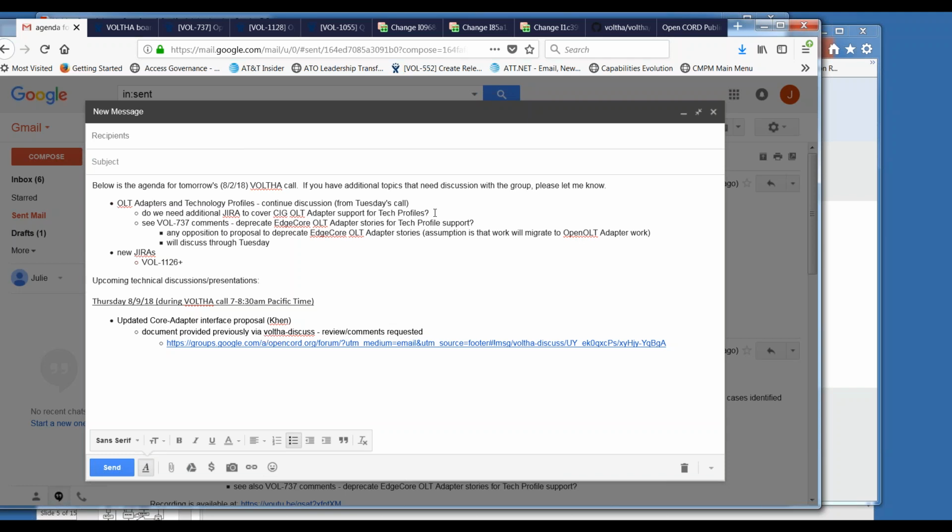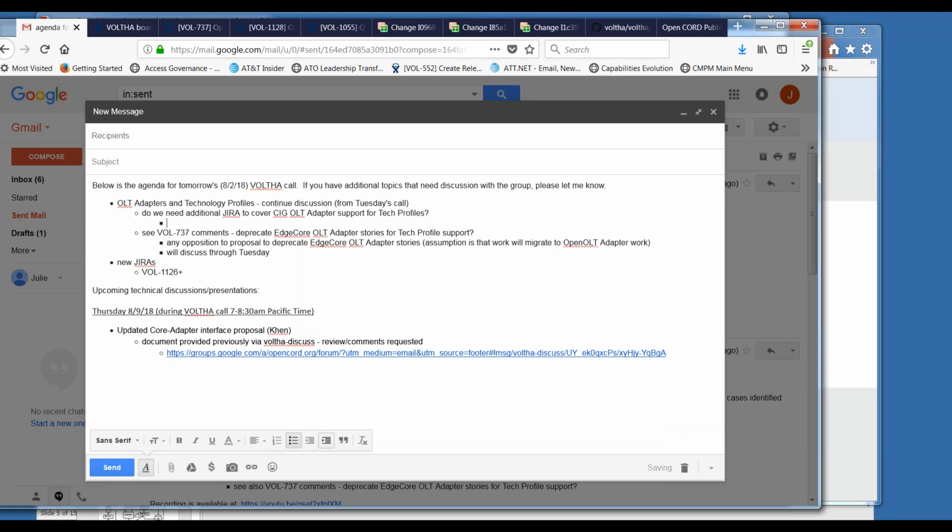I think we can follow the mainstream of the technology profile and the open OLT adapter. So Sean is working on the open OLT to support technology profile, right? Based on the EdgeCore OLT. The stories are specific to the open OLT, and basically Redis is taking up some of those stories.